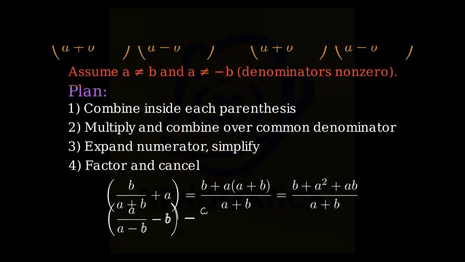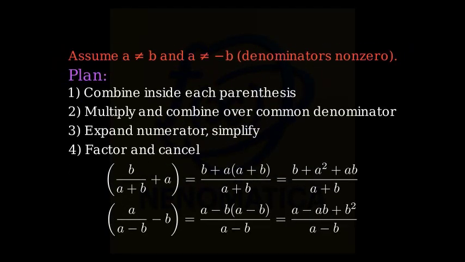Step 1. Combine the terms inside each parenthesis. For the left product, the first parenthesis becomes b over a plus b plus, which equals b plus a times quantity a plus b, all over a plus b. The second parenthesis becomes a over a minus b, which equals a minus b times quantity a minus b, all